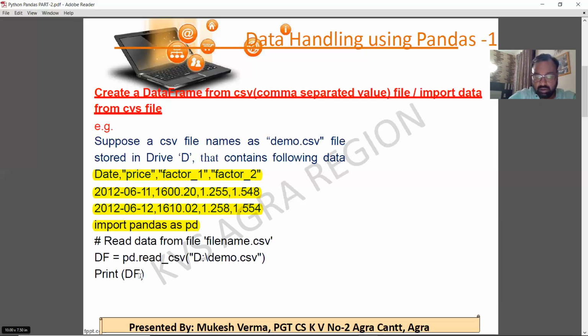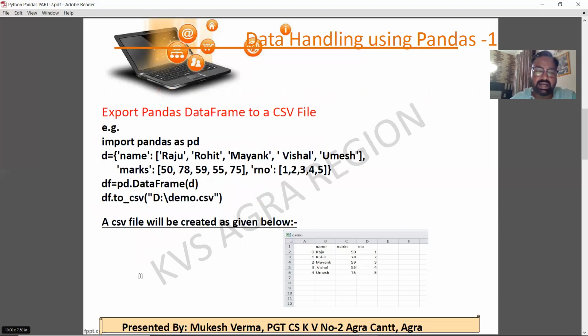It is quite easy. Now in the second slide you can see a program to export the data from the data frame into the CSV file. In the first statement I have imported the Pandas library, and then in the second statement I have declared a variable d which is of dictionary type. In the dictionary d, we have name as one key, another key is marks, and the third and last key is roll number, RNO.